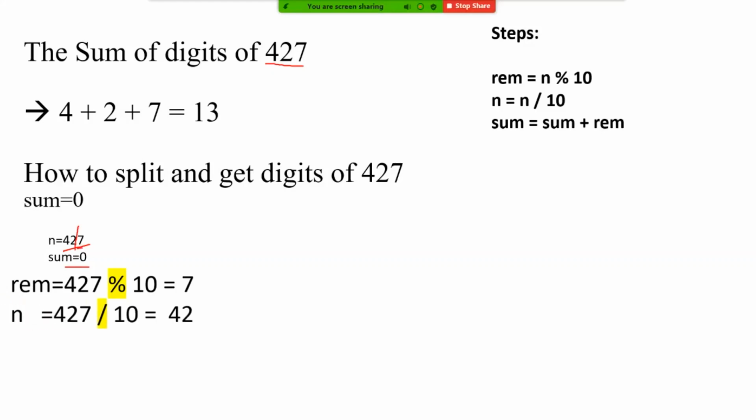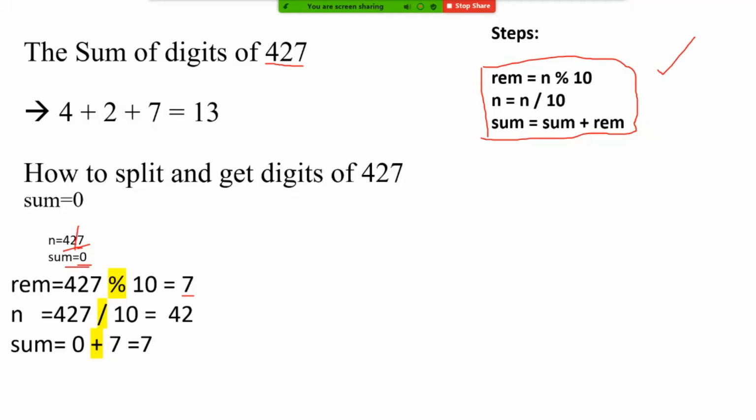Then after that, we will be dividing by 10, so you will be getting the remaining 42. N equal to 42. Then sum equal to, so what is sum initially? In the previous step, we had given sum equal to 0. Sum plus the current value of remainder, which is 7. You just need to remember these 3 steps, understood? If you substitute the values of n and sum after finding the remainder and n, you will be able to solve any problem. So in order to write the program also, you need to know only these 3 steps.